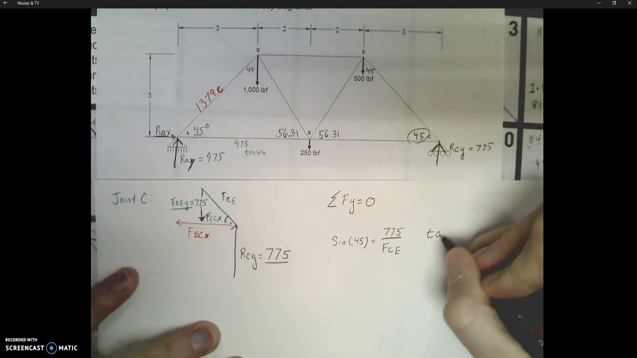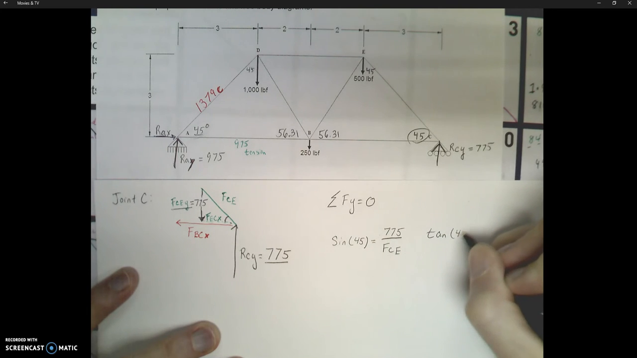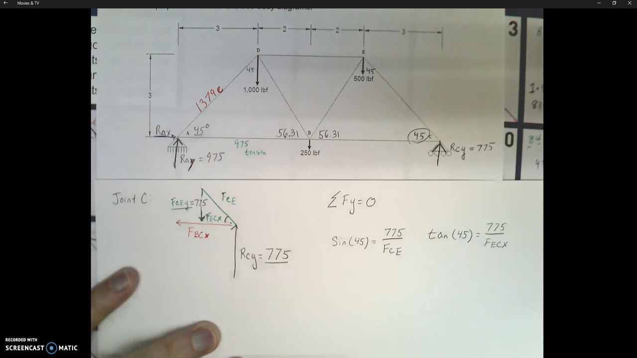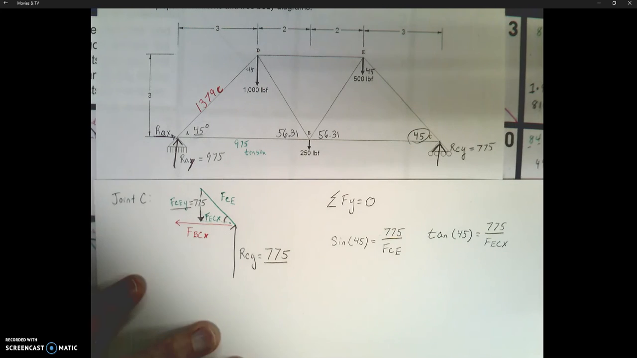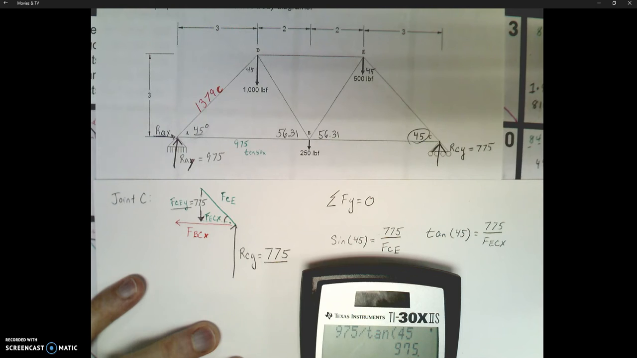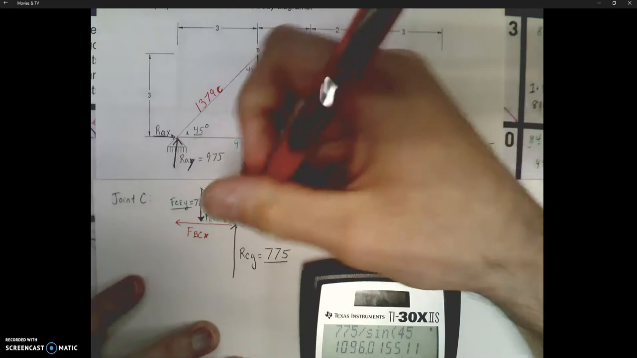Then to calculate the force of EC in the x direction, we're going to take the tangent. Tangent is equal to the opposite, 775, which is the force of CE in the y direction, over the force of EC in the x, which is adjacent to that 45-degree angle. Pulling out our calculator and trying to solve those, we have 775 divided by the sine of 45 gives us the force of CE. So the force of member CE is